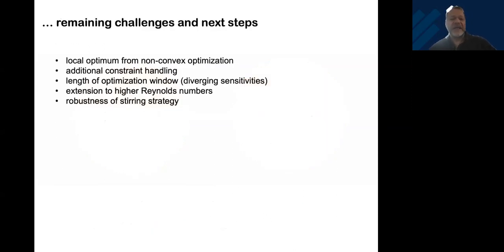All right. So I'm coming to the end. What are the remaining challenges and the next steps? Well, the big elephant in the room here is we only can find local optima. This is a gradient-based optimization of a non-convex problem. So in that case, we cannot really find a global optimum. We can only find a local optimum. But I just want to remind you that mixing is a really important concept. And even if you make a small improvement, even if finding a local optimum, a better local optimum, could translate into enormous savings in the mixing industry.